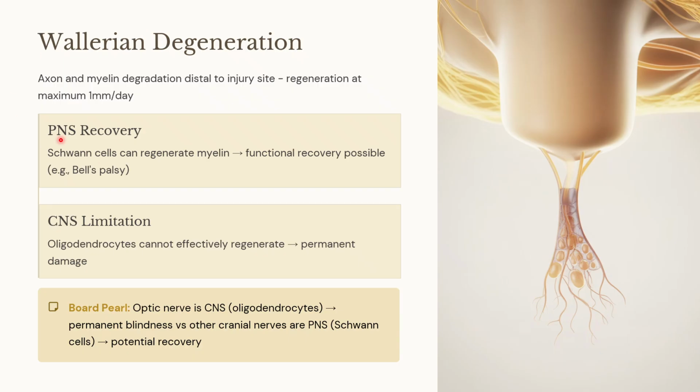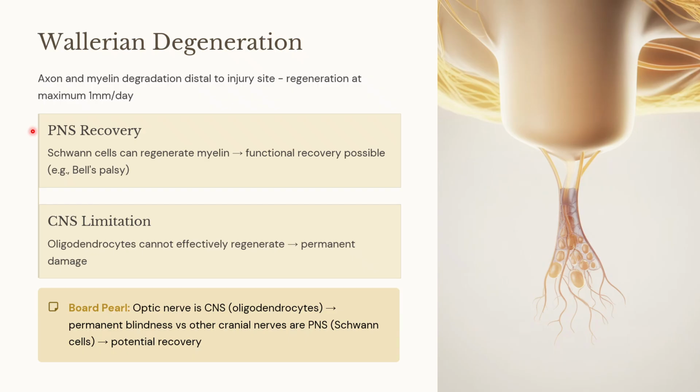In the central nervous system, the regeneration doesn't happen because the Schwann cells in the peripheral nervous system, which can regenerate myelin, will function, and it will help the recovery. Whereas the oligodendrocytes, which regenerate the myelin in the central nervous system, cannot do it effectively,